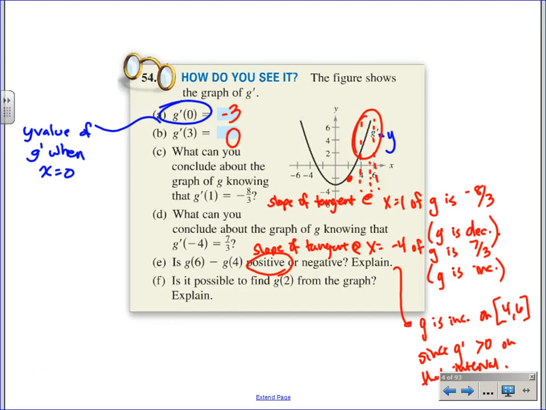Good. Why? This is G prime. No, this is G prime. It's not G. I can't find it from the graph. This is G prime, not G. So no. You're all waiting for me. No. We only have a graph